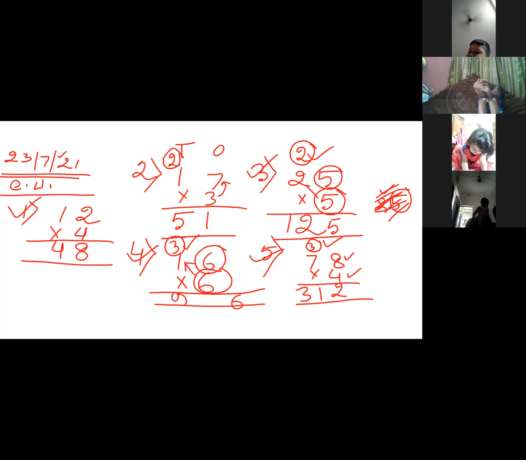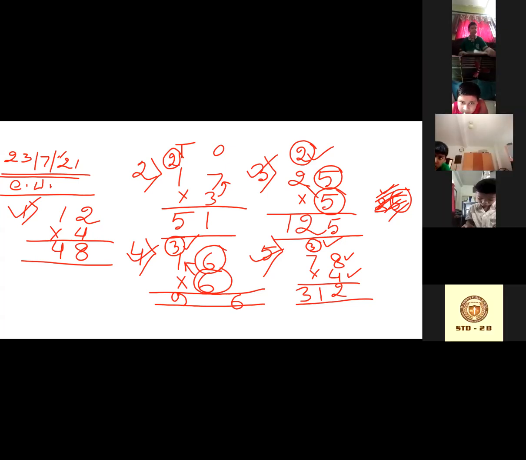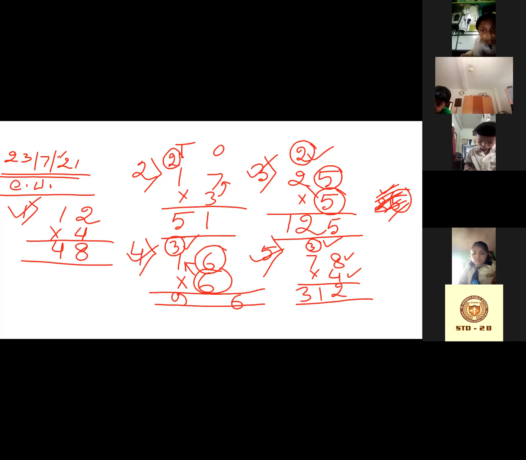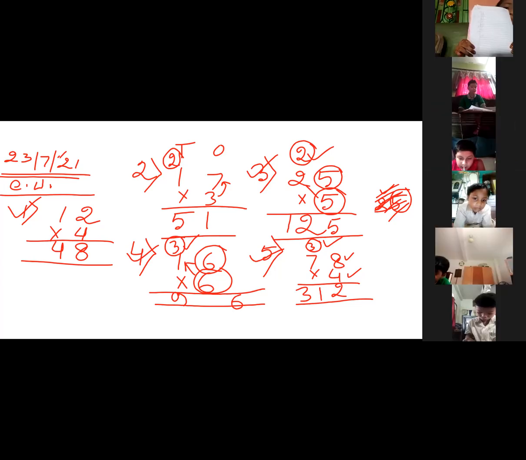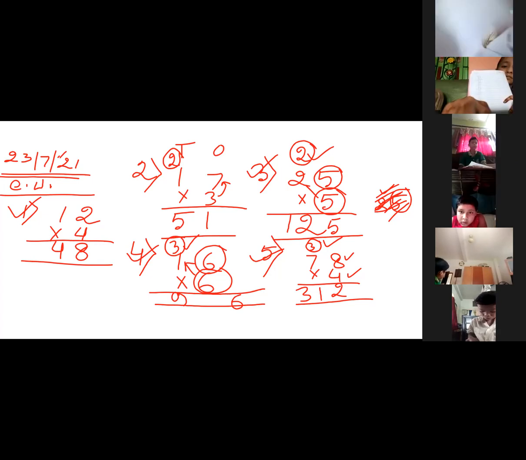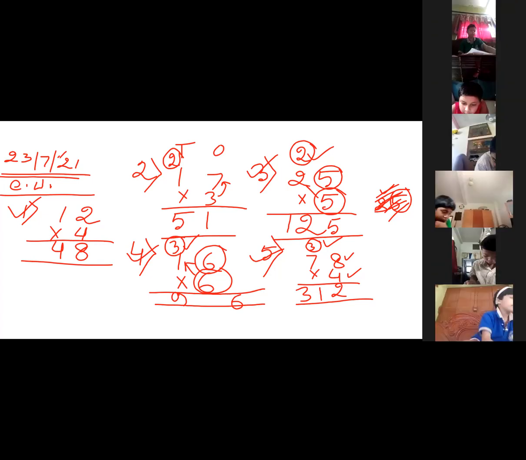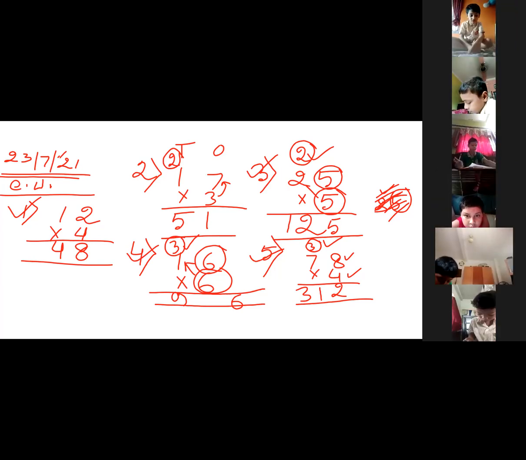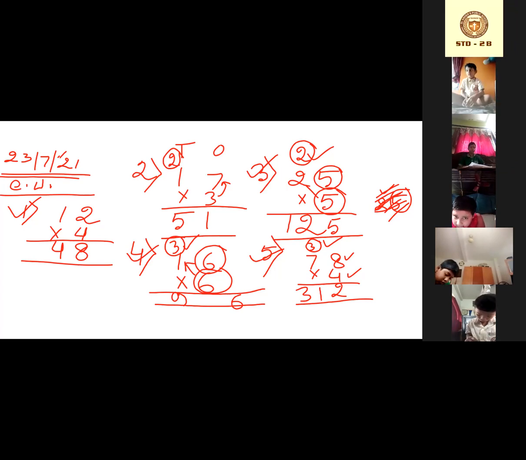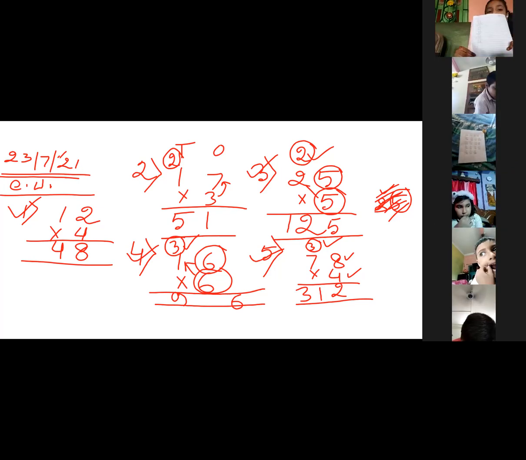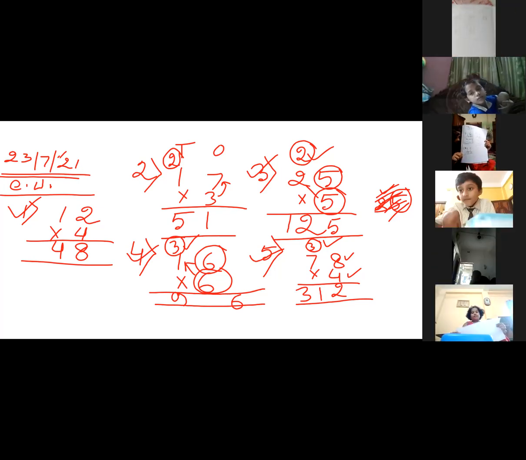Okay. Now those who have completed these 5 questions, they will show me their copy. Raise your hand if you have completed. At first, send me that hand raise sticker if you have completed. 16 students. 17. Okay. Now the names I am calling, they will show me their copy.